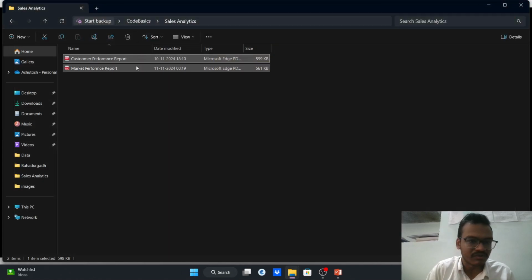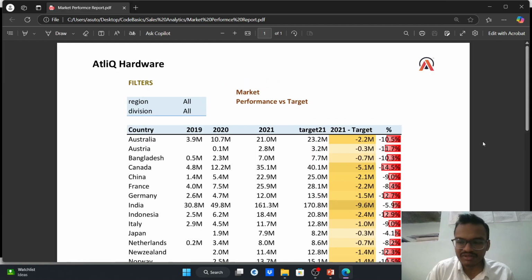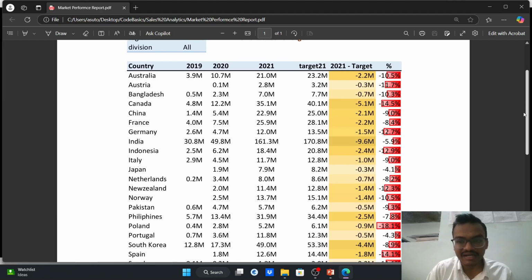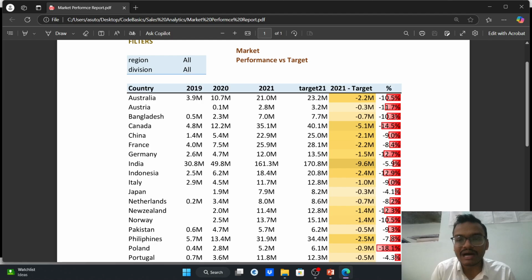Let's see market performance report. So in market performance report, as I discussed in the presentation, here we are given with countries, and we are given with year, we are given with target, and we have to calculate how much underperforming or overperforming we are as compared to target, whether we have met our target or not. For example, if you see for Australia in 2021, the sales done in the Australia region,